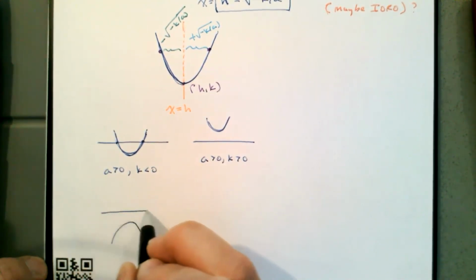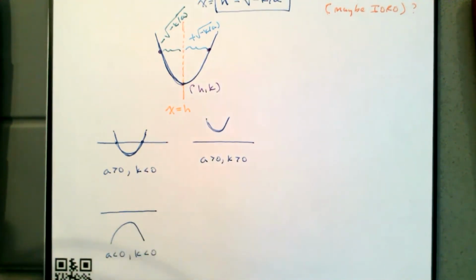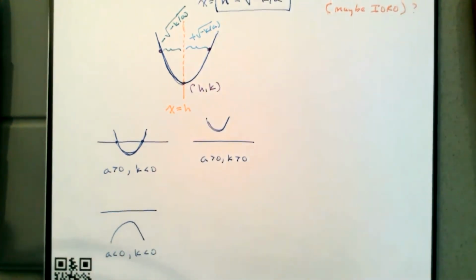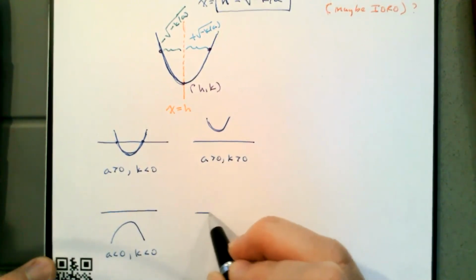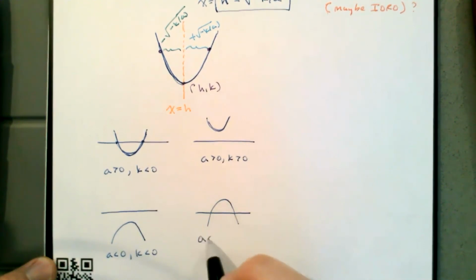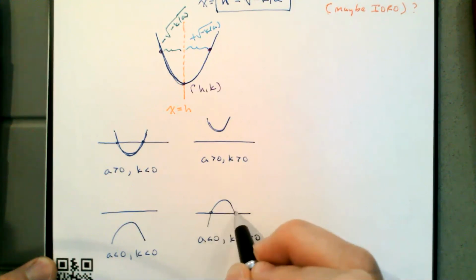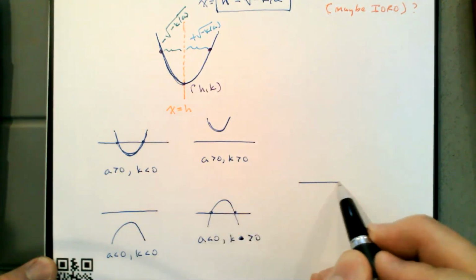If a is negative and k is negative, no solutions. And if a is negative but k is positive, oops, k is positive, then we'll get two solutions. And then in the middle,